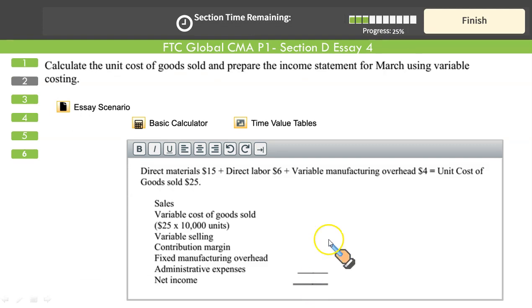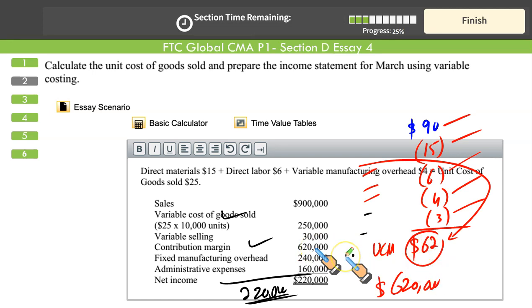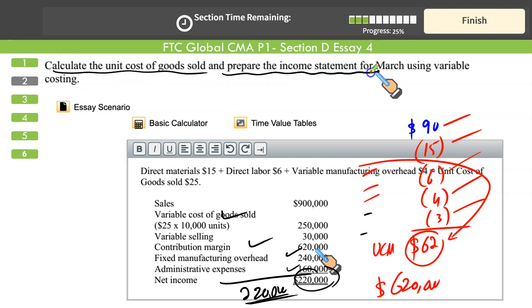See, you can go in the columnar form and you get the exact 220. He has given you in the vertical form full sales, full variable cost of production, full variable selling. You get contribution margin 620, same number we got right here, 620. And from this he has deducted the fixed manufacturing 240 and fixed administrative expenses to give you the total final answer of net income under the variable costing. It only said calculate the unit cost and prepare the income statement for March using variable costing. Since income statement is required, so I recommend that in this case, I think since it is explicitly requiring you to calculate income statement, so give it in a proper vertical format, just like given in this way. Not difficult.